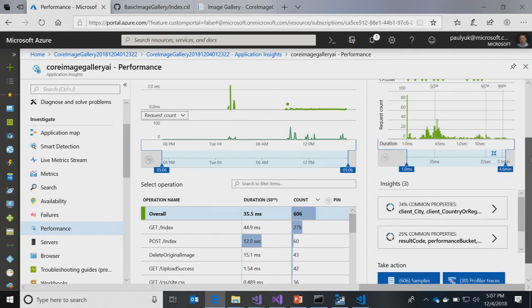The cool thing is we debate all the time about the app. I bet there are people seeing things slower than what we see, but you never really know. And now with this data, you actually know. It's pretty cool. You see the full distribution of what's going on, and then you can pick one.